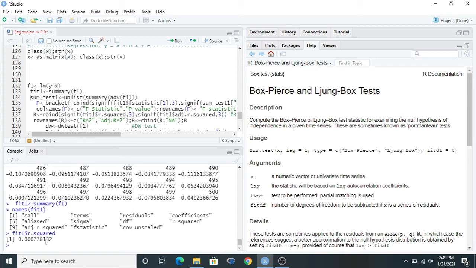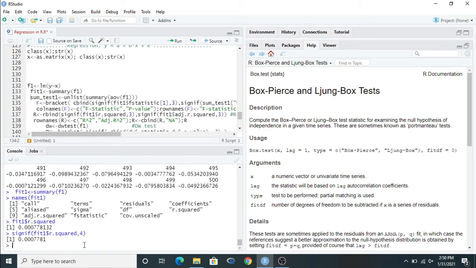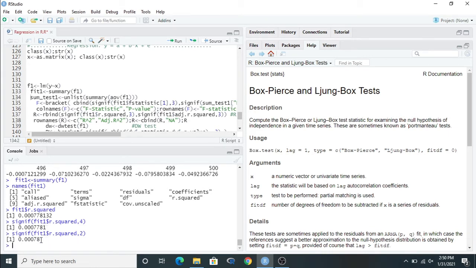If you want to customize the r square value, you can use signif. Just go to the first line and write signif, then start the bracket, and at the end put a comma and 4 digits, and run this. In the case of signif, it will identify the digits. So this is your 4 digits. You can change this to 2 digits. Run this and it will be reduced to 2 digits.